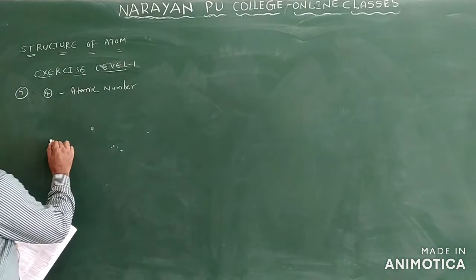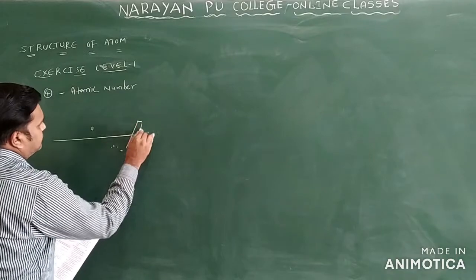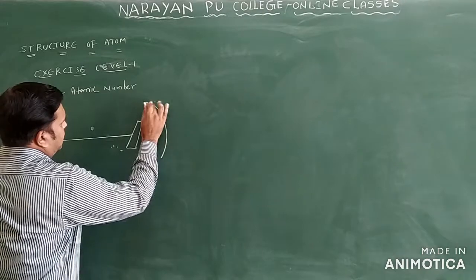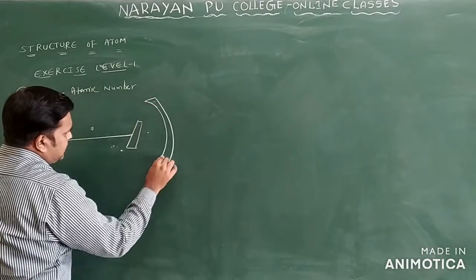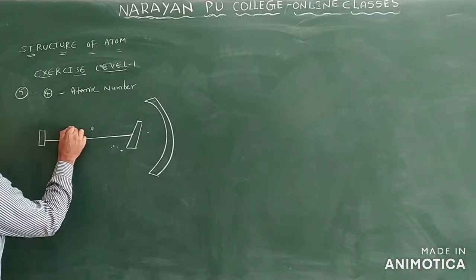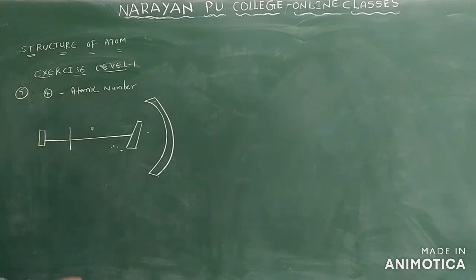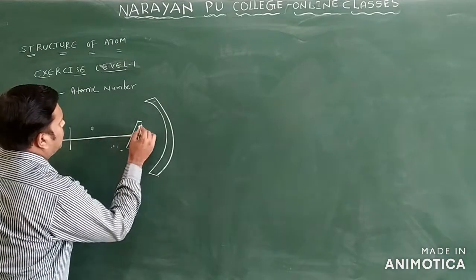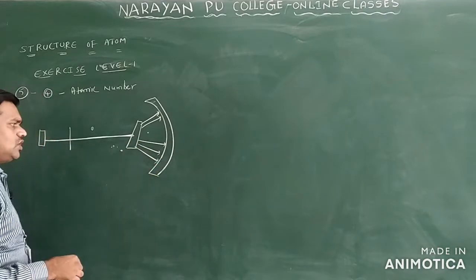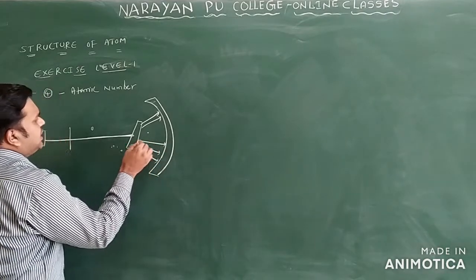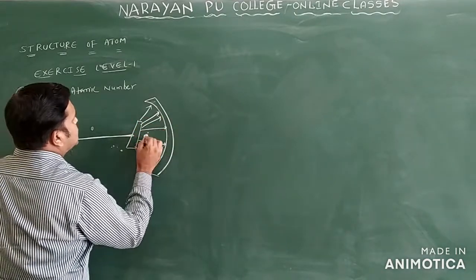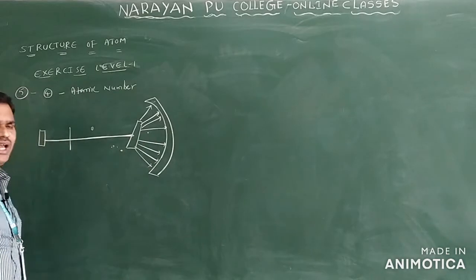When a beam of radiation is passed through a metal foil, a gold metal foil, the gold metal foil is attached to a circular rotating zinc sulfide screen only. This is the source we are studying. The source of the alpha particles is passed through a small slit. So these alpha particles strike the gold metal foil. You can see the majority of the particles pass through the gold, and some of the particles are deflected only. This is the experiment, you know. Some of the particles are deflected by a few angles only.